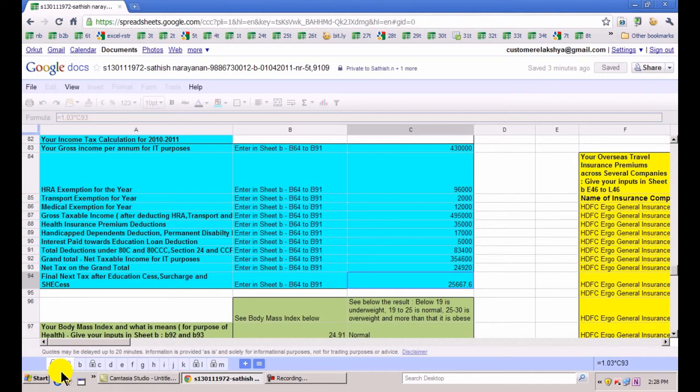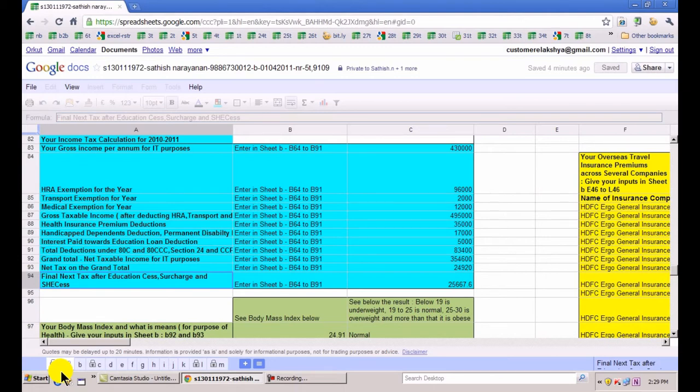And obviously, you don't need to tell the computer particular data. You don't need to tell the computer again that, look, I am a male, I am aged under 60. I am a female. You don't need to say all this. The computer already has the data. So for whatever income tax pertaining to a female, calculations will be there. Supposing you are a very senior citizen who is above 80 years of age, the calculator is different. That will be displayed. You don't need to tell the computer again and again that I am aged more than 80, I am a male, I am a female. Whatever you need, you don't need to do.